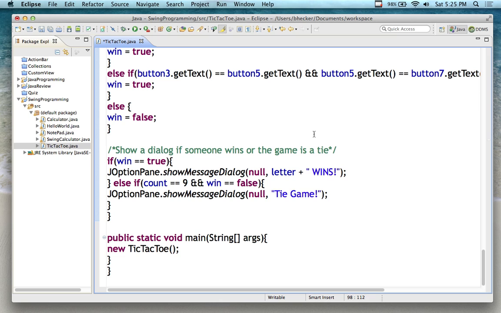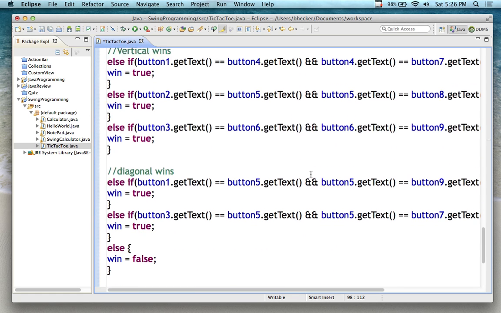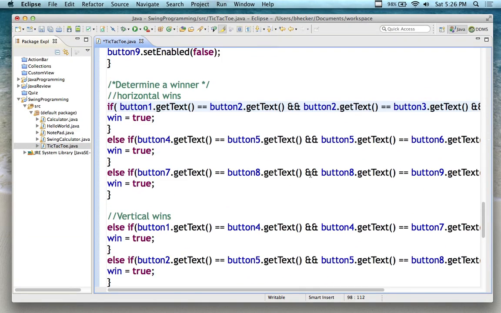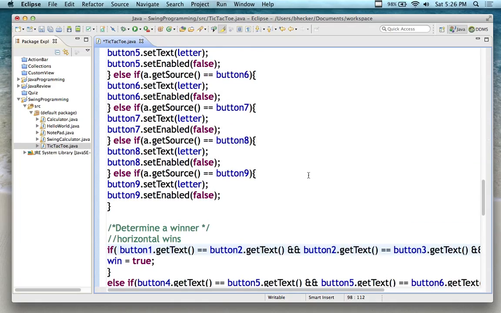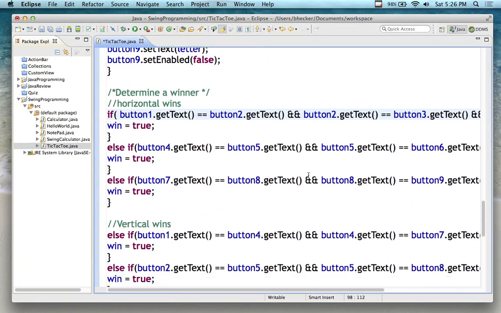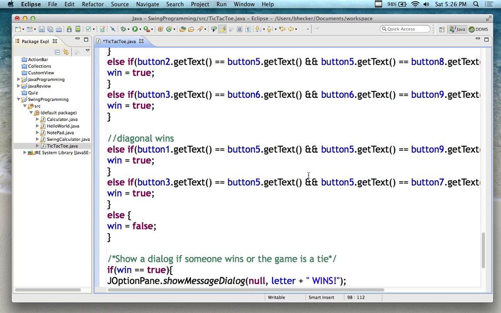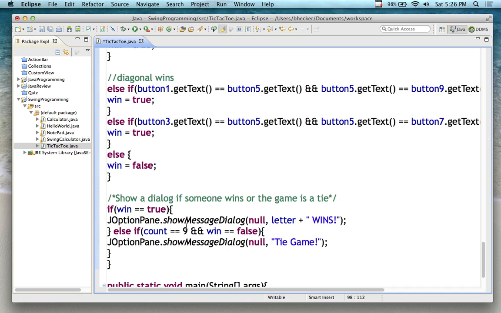And then, lo and behold, on the bottom it says show a dialog if someone wins the game, or if the game is a tie. Where do we have the tie? If all the buttons are filled in, it should be a tie, and nobody's won. It can be true or false. At the end, it says win is equal to false, so it's going to be true or false. So if win is equal to true,